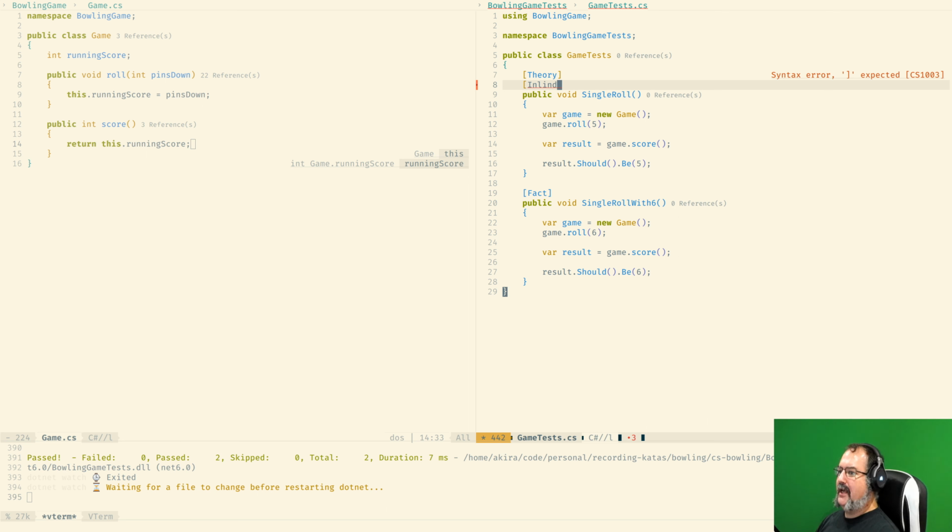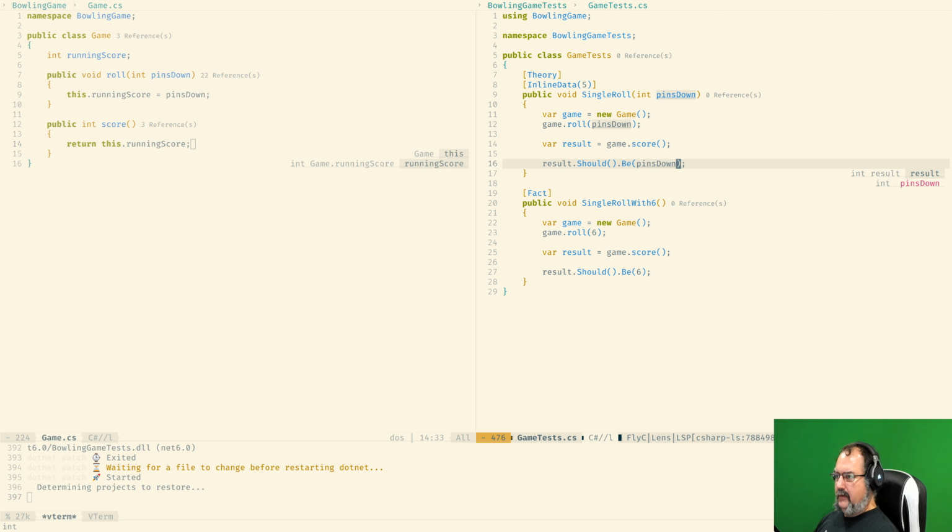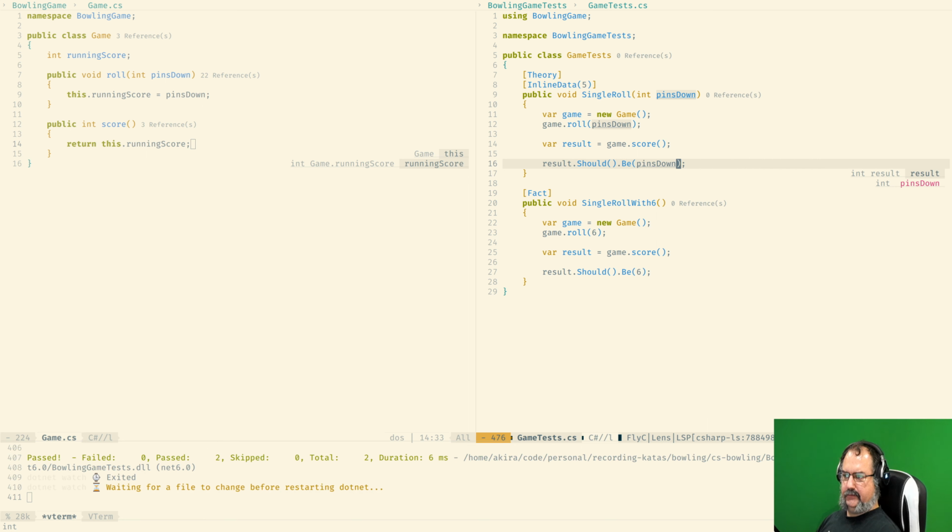We are going to use inline data because it's the simplest one, and it's the only thing we have, basically a single item that we are passing around. Awesome. Both tests are passing.